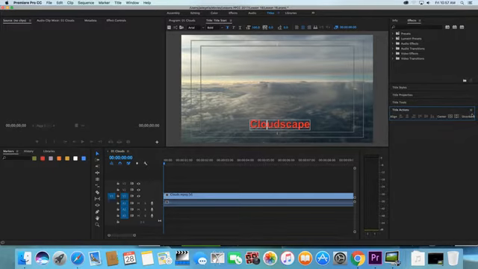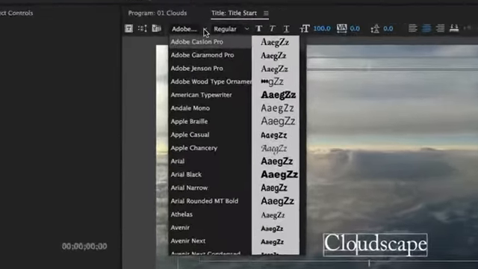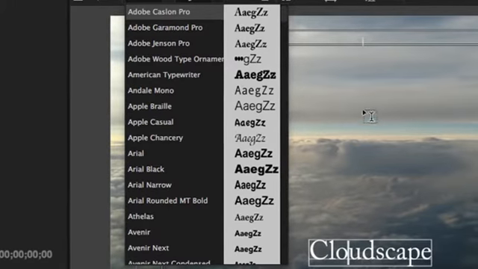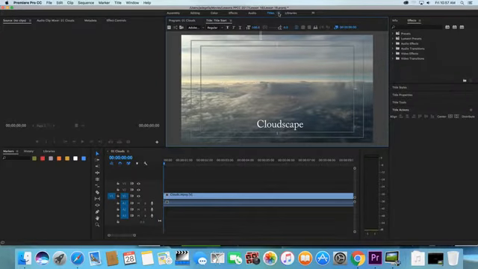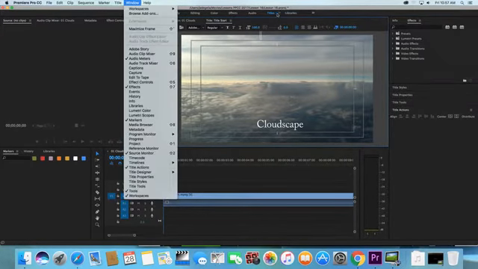And title actions. If you click this, you can undock this and move it around so that you can have it in the center of your screen or whatever. So anyway, I'm going to Command Z and get this back to an Adobe Castellan. Now, one of the great things about this, and I don't like to do it here because sometimes I have titles here that I want to work with. So what I do is in the titles thing, I open up, let's go back over here,